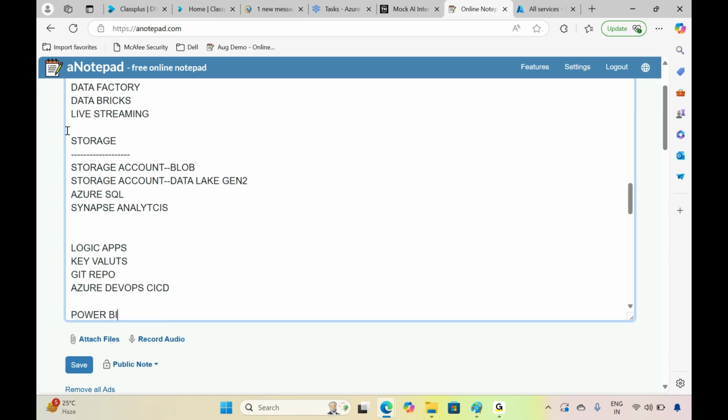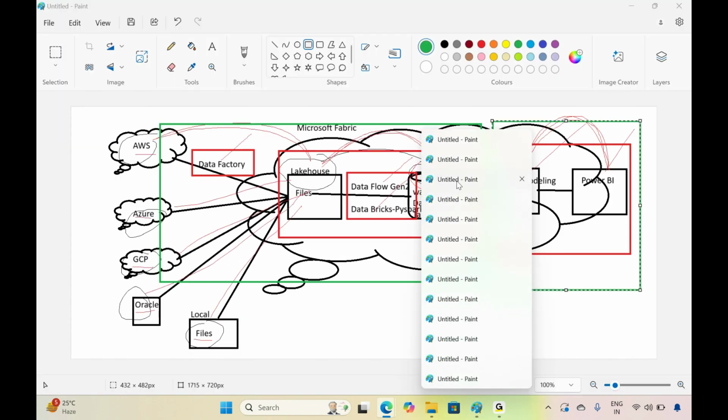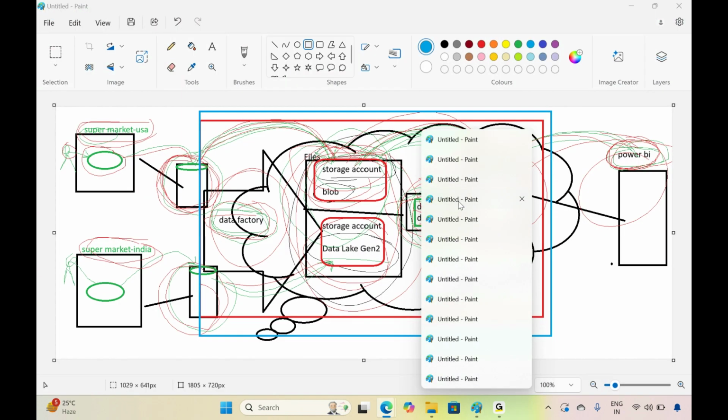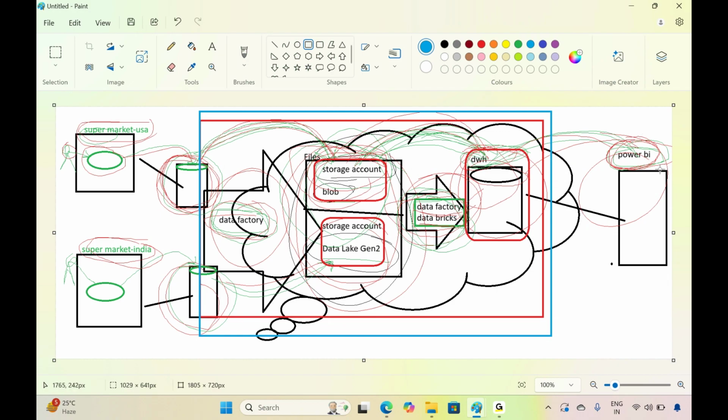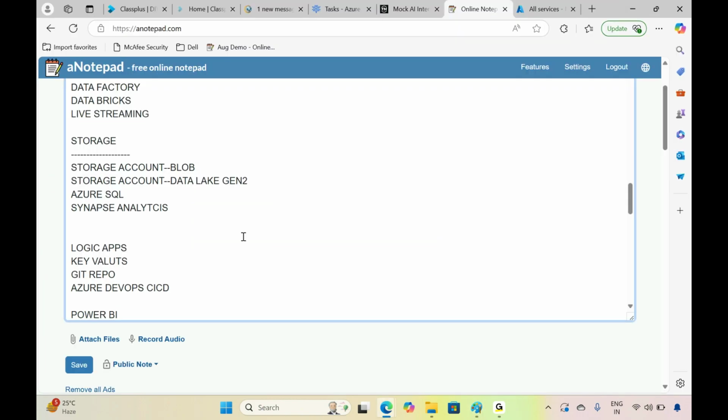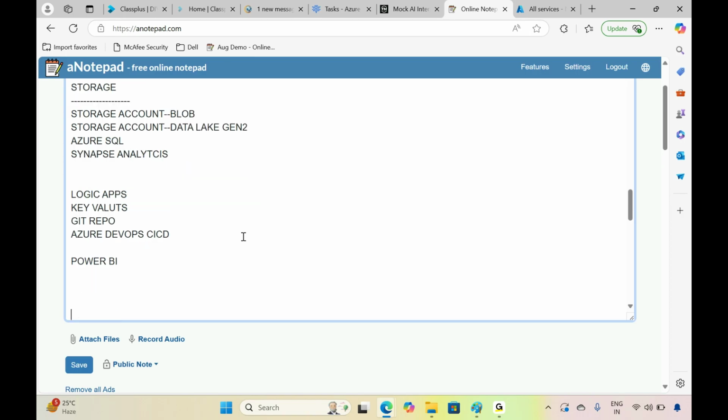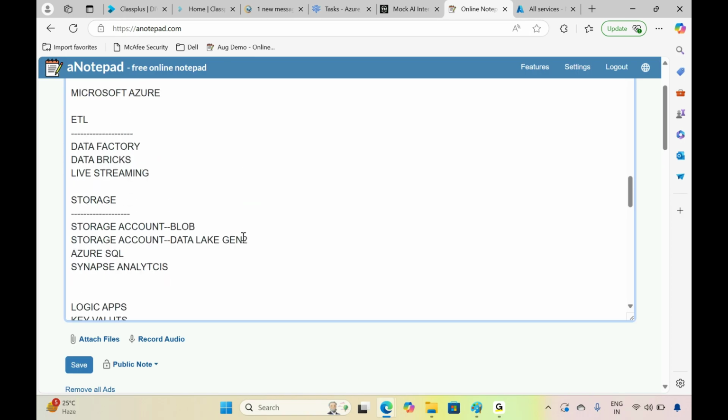also I'm going to give some overview on Power BI as well, how to design reports. Of course, that's not our role, but even though I'm going to provide you one key session on how to use Power BI to design reports and dashboards by connecting to this one over here. Okay, so this is all about the course content we are going to cover as part of Azure Data Engineering.